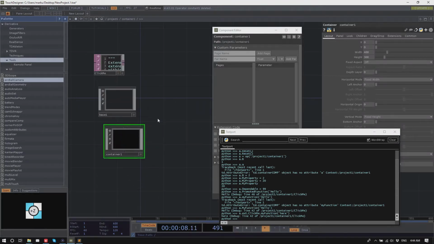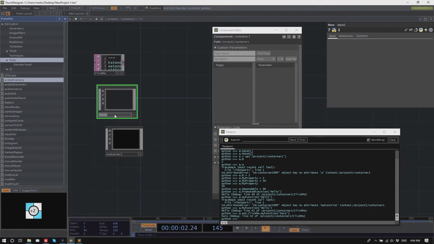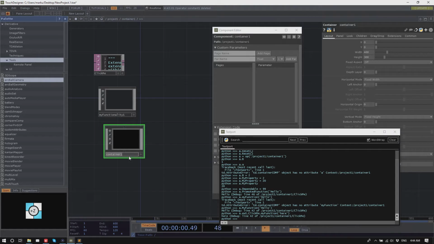Like you can move it around, and I'm just going to give them some different names here. My UI.